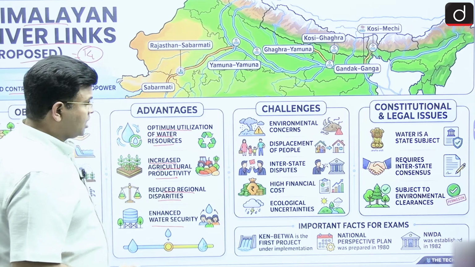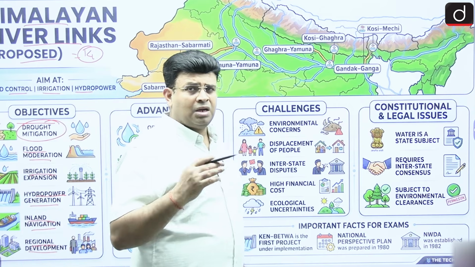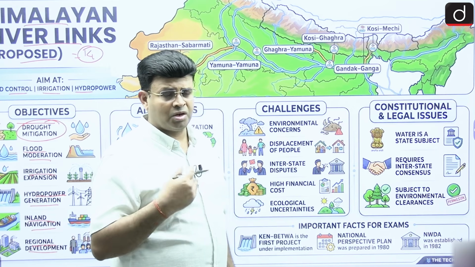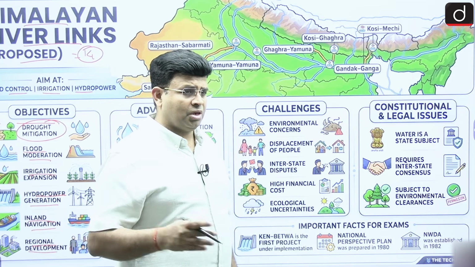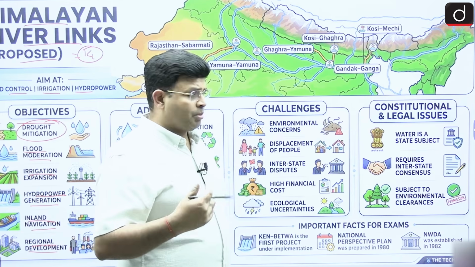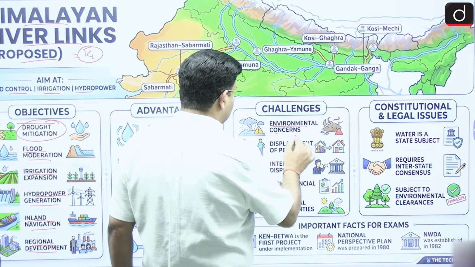And the challenges are there. If river linking projects are forming, like the Panna Tiger Reserve that you have seen with the Ken-Betwa link, there is biodiversity loss, species loss will be there, in several areas. So ecological, environmental concern will be there. So you can see that the environmental concern can be there.